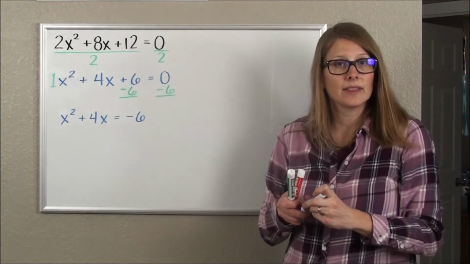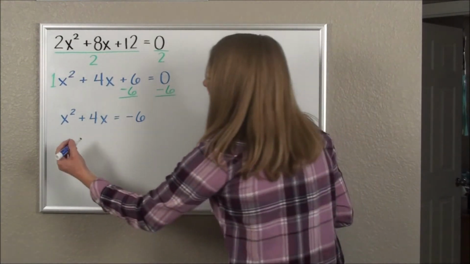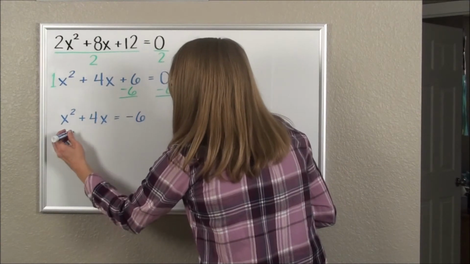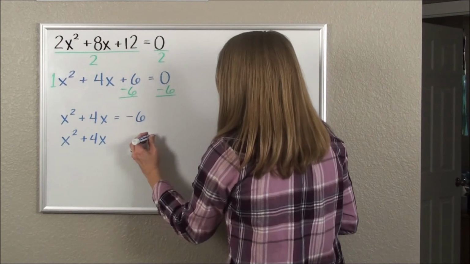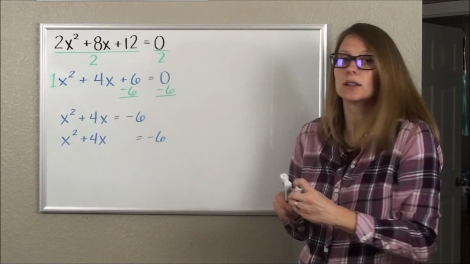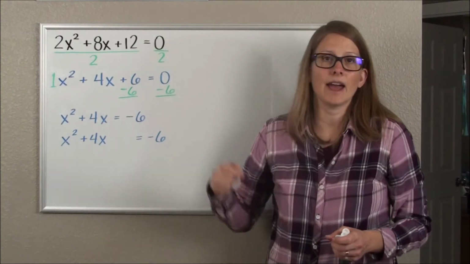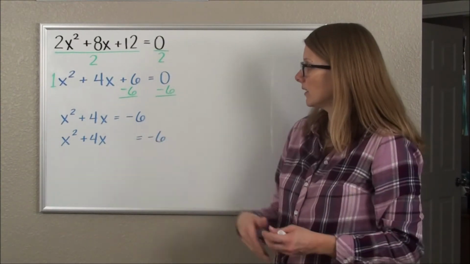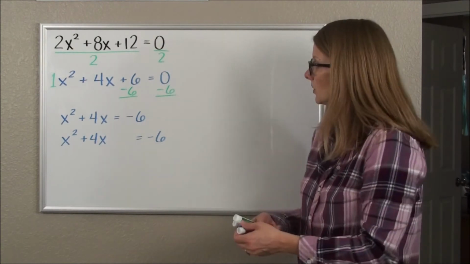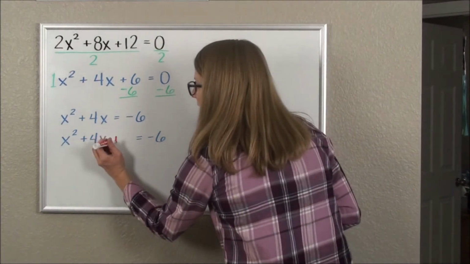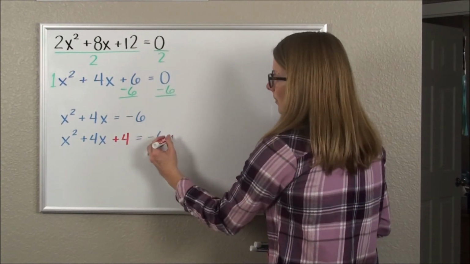Now that the letters are on the left and the numbers on the right, I can go ahead and complete the square. I'm looking for a magic number that will turn the left side into something squared. And again, the way I do that is I look to the coefficient on x. I'm going to take that coefficient on x, cut it in half, and square it. So in the middle, on the coefficient of x, I see a 4. If I cut 4 in half, I get 2. If I square 2, I get 4. So I'm going to add 4 to complete the square on the left, but I add it to the right